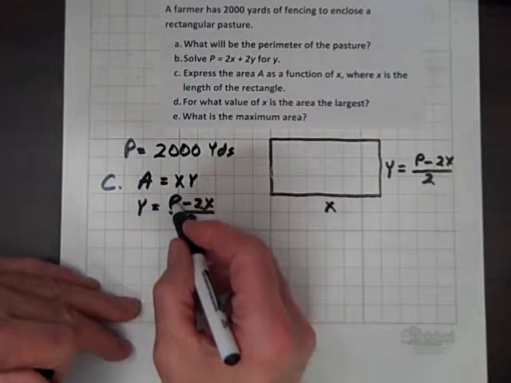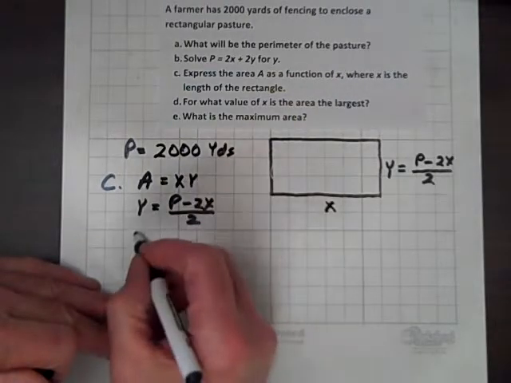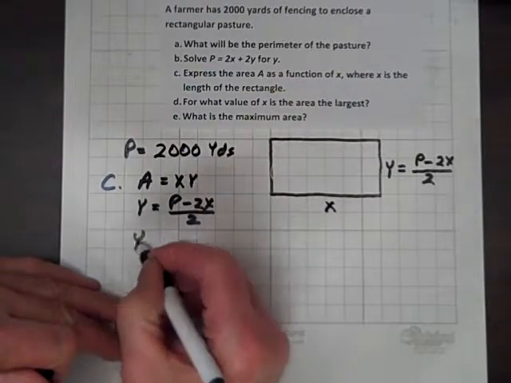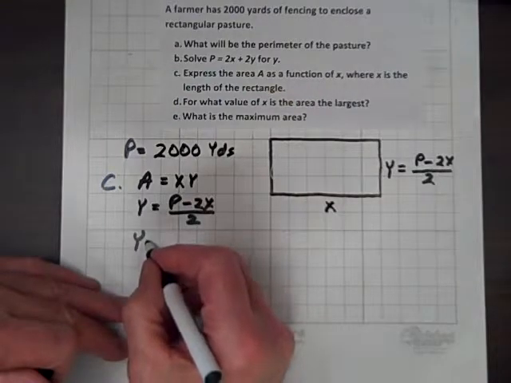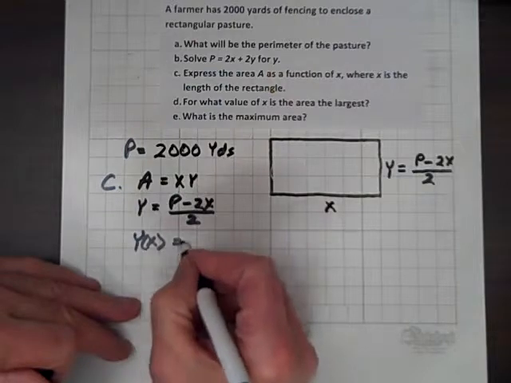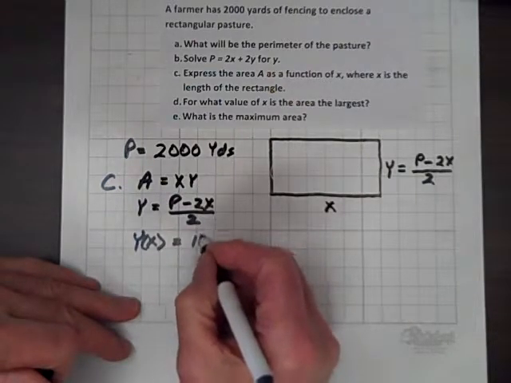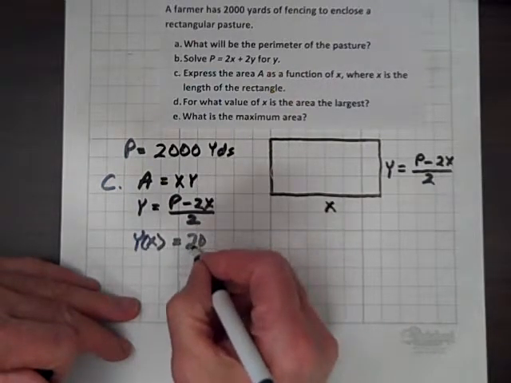We need to replace P with 2,000 so we can write y as a function of x. So y as a function of x equals, excuse me, 2,000